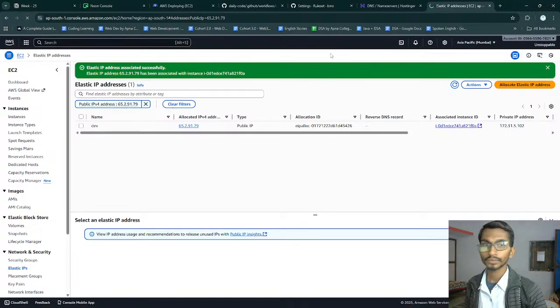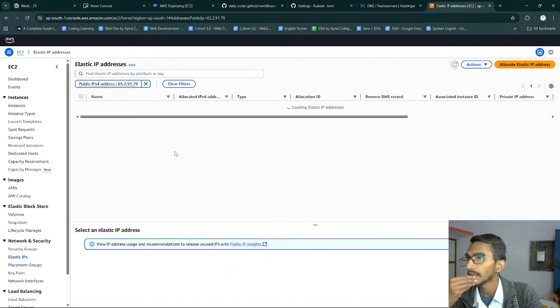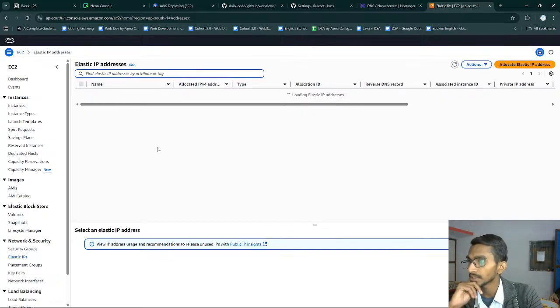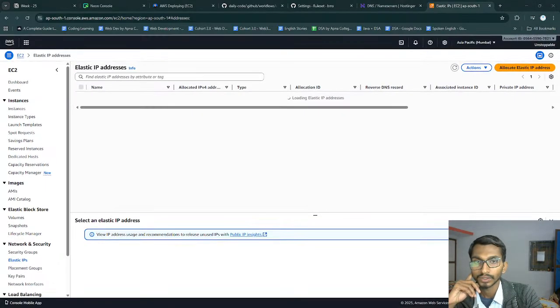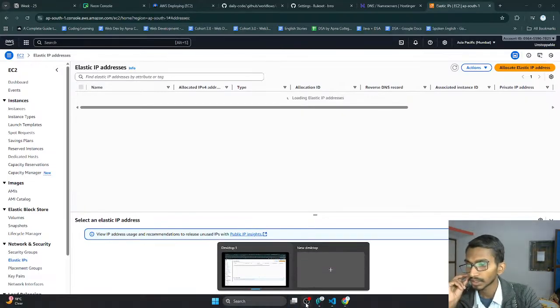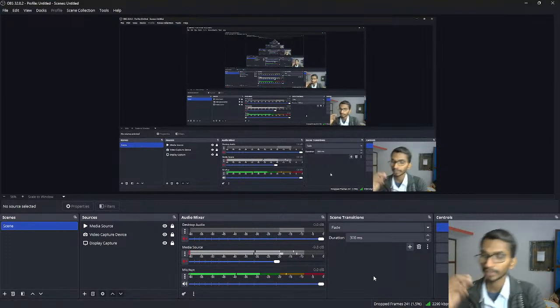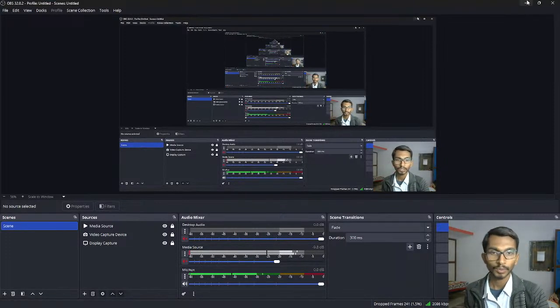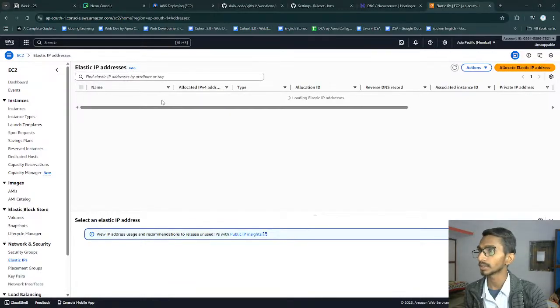Let's refresh the page and then see the things. So just a sec, we've got the elastic IPs, and then see how we'll be actually going ahead with the things. Can't I find them? Loading elastic IP addresses. Okay, let's see how long it's gonna take. And the second thing is that I do not have proper internet connectivity. That's again a problem, but okay, we'll tackle that easily. Oh, looks like it's gonna take time.